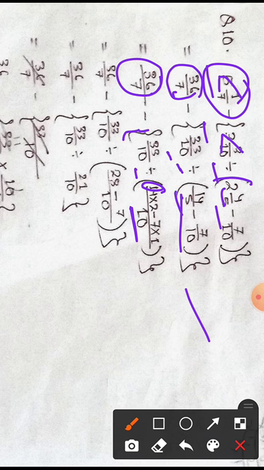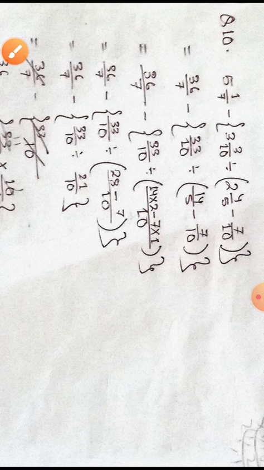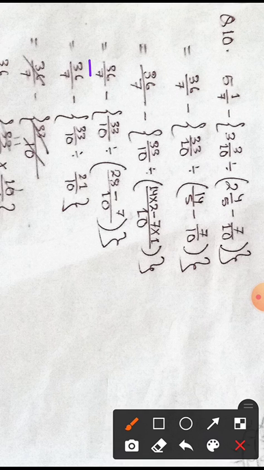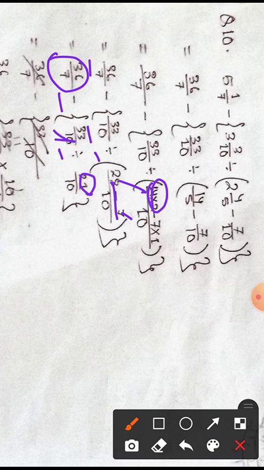Write the 14 as it is, put a multiply sign, then think what will you multiply with 5 to get 10. So 5 twos are 10, we know. Put the minus sign, then put 7 here, then give a multiply sign and think what will you multiply by 10 to get 10. It is 1. So we have written 1 here. So now we have 36 by 7 minus 33 by 10, divide sign, then bracket open, 14 twos are 28 and 7 ones are 7. Then again you write 36 by 7, then minus, bracket open, 33 by 10, divide sign. Why? Because 28 minus 7 will give you 21, so it is 21 by 10.